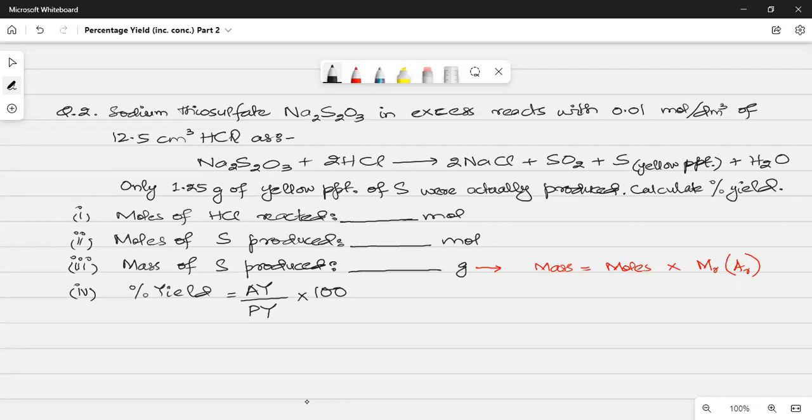Since the answer to part 3 would be in grams, and the value of 1.25 is also given in grams, you won't require any change of units to put into part 4. So your part 4 this time is going to be relatively very simple. Make sense? So now if we are clear,